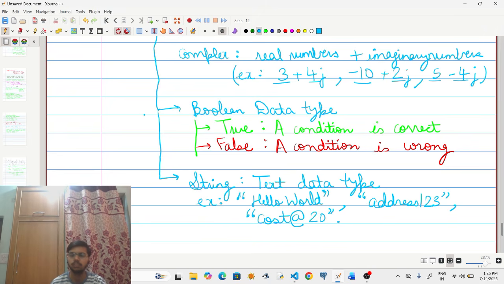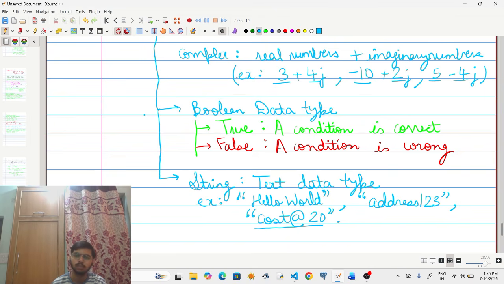Anything inside these inverted commas is a string. Your email address consists of alphabets in both uppercase and lowercase, some symbols, and some digits.